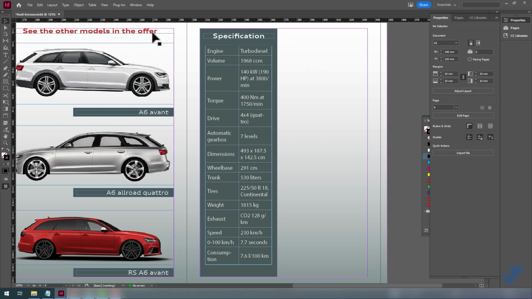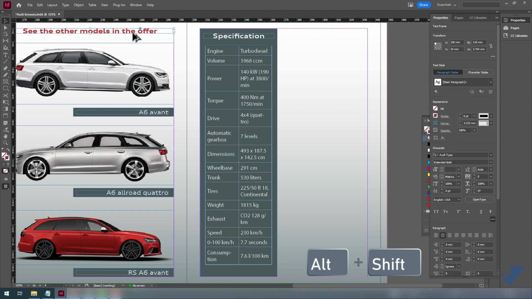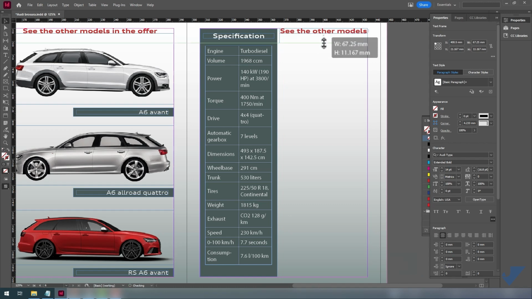We will use this title from the middle side. We hold down the Alt and Shift keys, click and then drag to duplicate it. Let's adjust the size of the box containing the text,